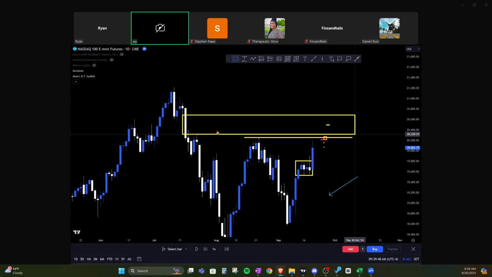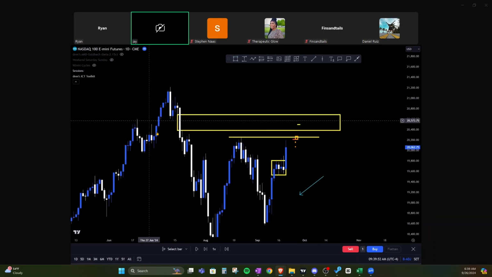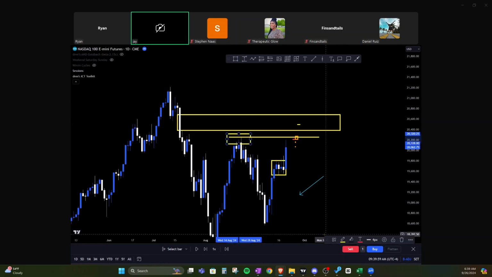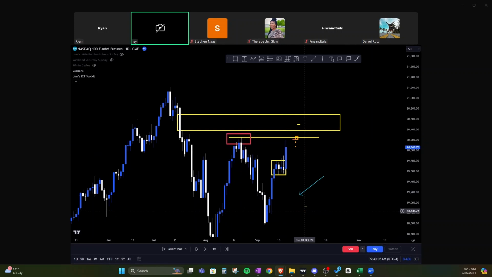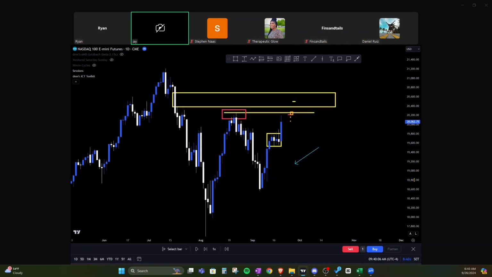Until I brought up the fair value gap. We know that. It's clear. But when we look at this old high here and this fair value gap, now mind you, even if you just saw this a few days ago, or yesterday, or today, it doesn't matter. What I want you to take away from this